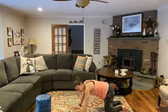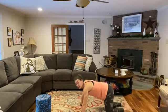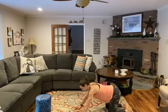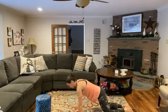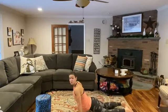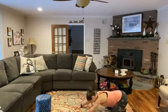All right, we're gonna do some moving child's pose kind of things, however you want to call this. So you're gonna sink back a little bit to the child's pose, and then I want you to come forward with those hips. So we're not dropping our butt all the way down to the ground. You're keeping it nice and tall. So I want you to just kind of stretch here,